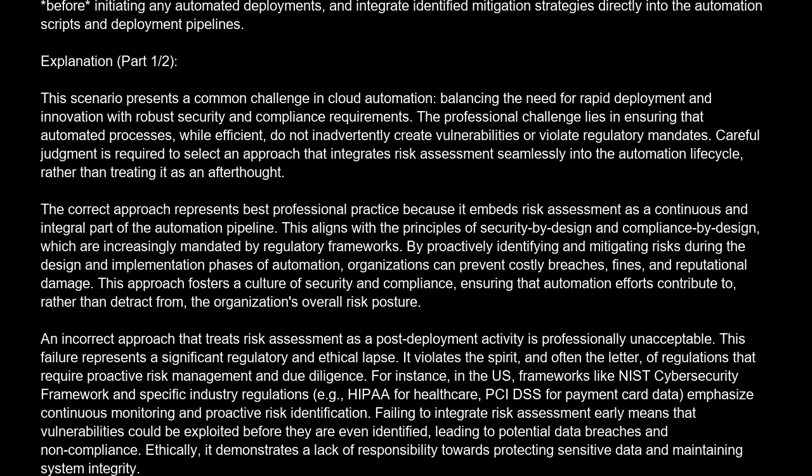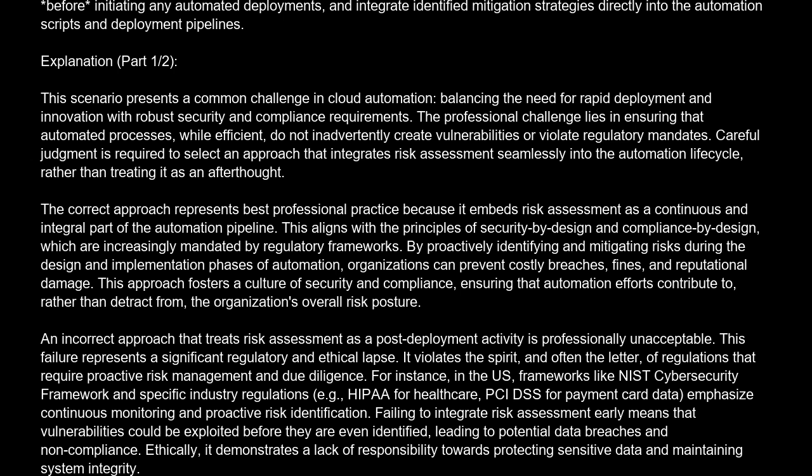The correct approach represents best professional practice because it embeds risk assessment as a continuous and integral part of the automation pipeline. This aligns with the principles of security by design and compliance by design, which are increasingly mandated by regulatory frameworks. By proactively identifying and mitigating risks during the design and implementation phases of automation, organizations can prevent costly breaches, fines, and reputational damage. This approach fosters a culture of security and compliance, ensuring that automation efforts contribute to, rather than detract from, the